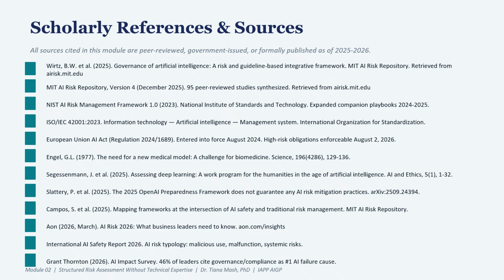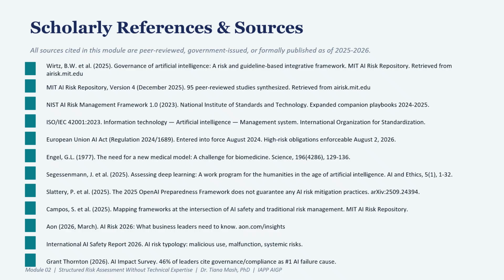Now, I have provided you some scholarly journals that you can utilize and read about. Some are outdated, some are fundamentals, but I really like using them, and it's just there for you to use. Everything in this course is evidence-based. A 4-stage risk assessment from a 2025 study published through the MIT AI Risk Repository, which synthesizes 95 peer-reviewed studies covering 1,700 coded AI risks. And all of these sources are listed on this slide, of course. They will also be in the video description and in the pinned comments below if you want to go deeper on this material, and I encourage you to do so. This is where to start.